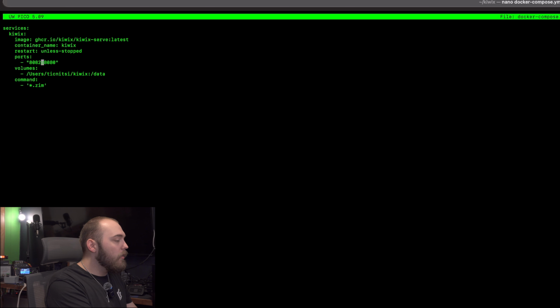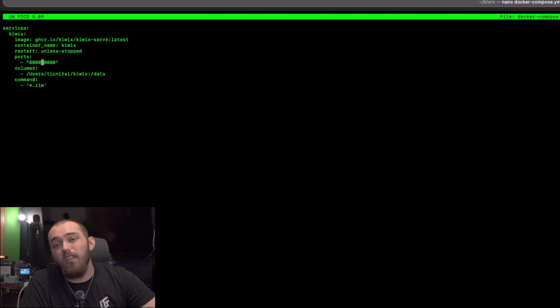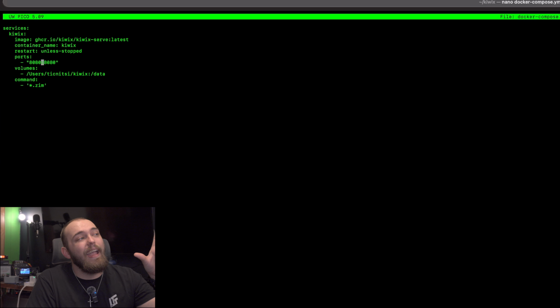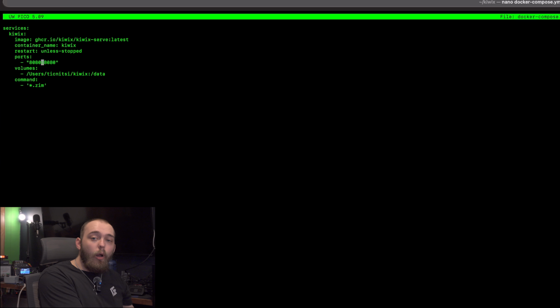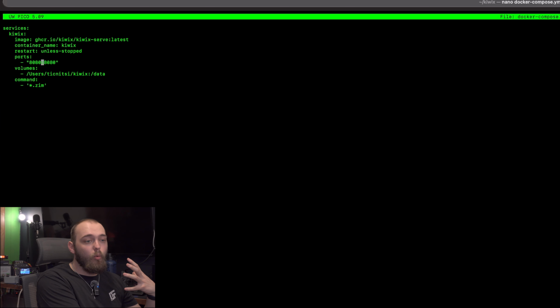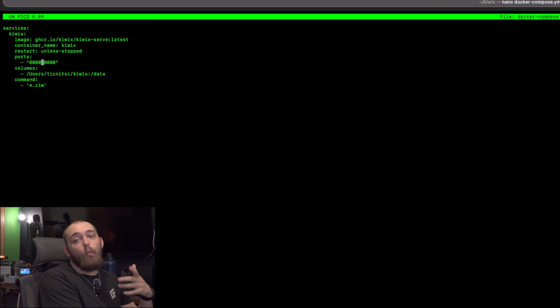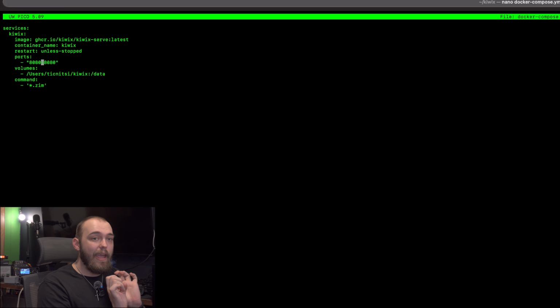By default, this port will be 8080. I changed it on my server because in my production server, I have another port that is taken up by that. If you also are hosting something that is used on port 8080, like a game server or a voice server, something like that, web server even, all you have to do in this Docker compose file is where this says 8080:8080, you just change the first 8080 to whatever port you want.